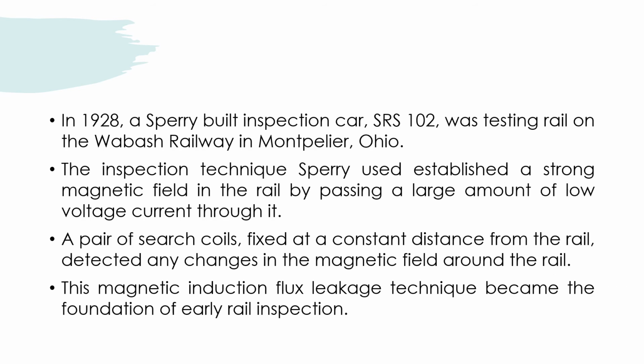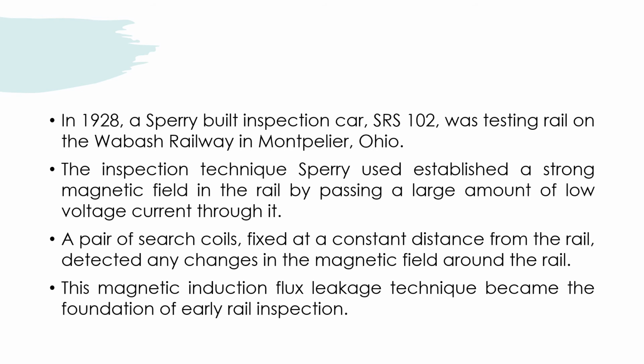In the year 1928, Sperry built an inspection car, SRS 102, which was testing rail on the Wabash Railway at Montpelier, Ohio. The inspection technique Sperry used